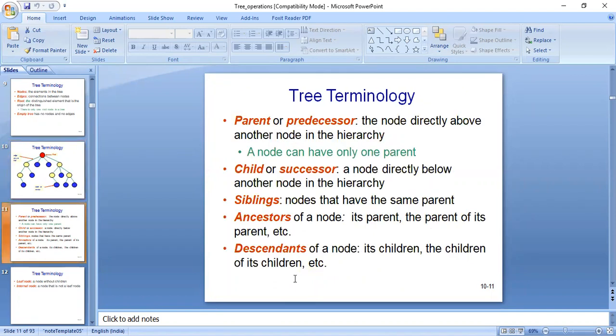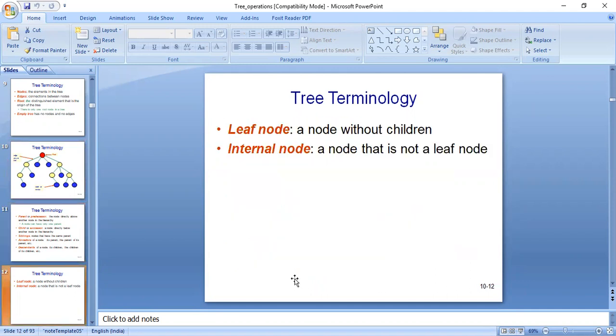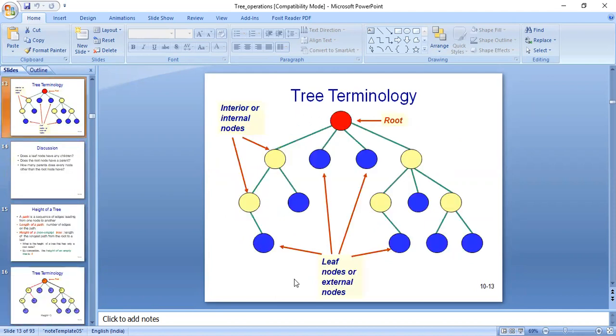These terminologies we have discussed in the previous session. We know what a parent node is, what a child node is, their siblings, ancestors, and we know what leaf nodes and internal nodes are. You can check from here: root node, internal nodes and the leaf nodes.